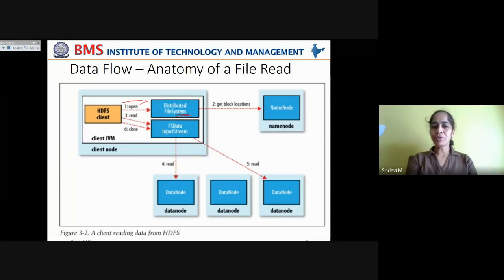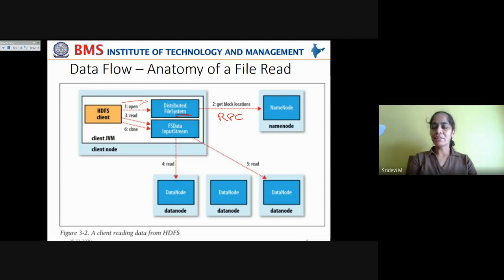Now this distributed file system will in turn make a remote procedure call to the name node. This name node will first check whether the file exists in order to read the data from the file. If the file does not exist, then it throws an IO exception because it can't read any data from a non-existing file.